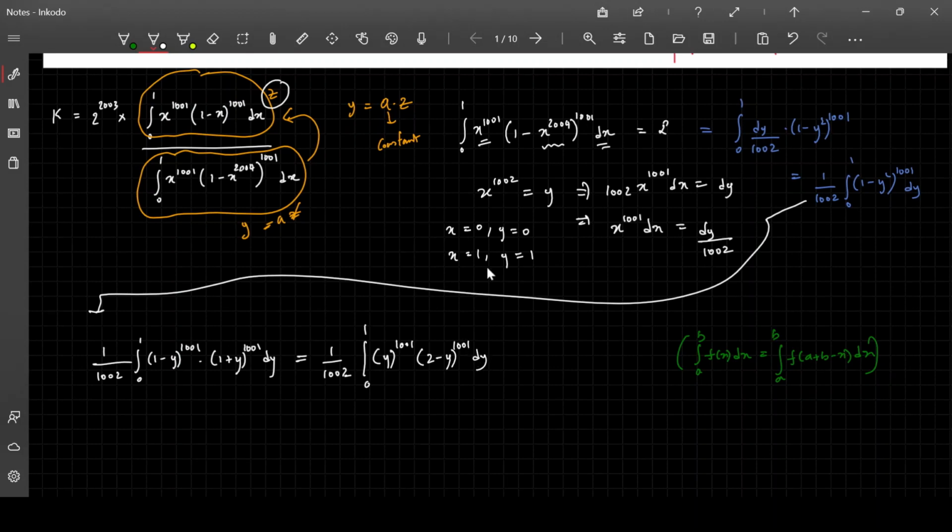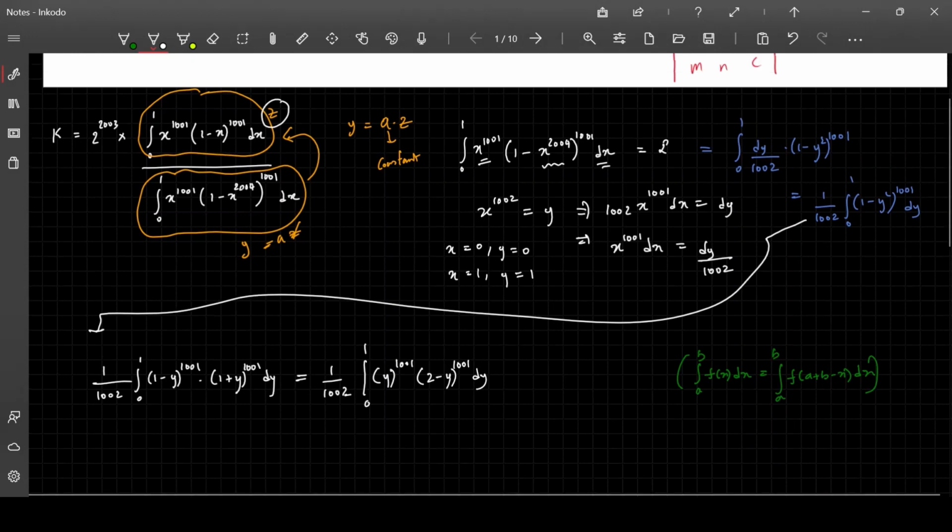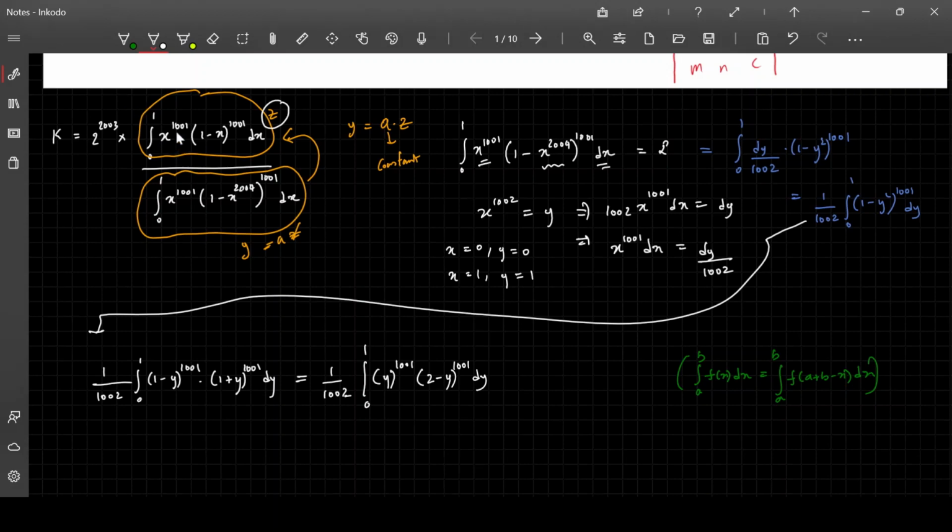Now we actually need to be careful in choosing the required substitution. Here we can see x power 1001 into (1 minus x) whole power 1001, but we have 2 here. If 2 were not there and 1 were there in place of 2, then we could directly use the change of variables concept and put y in place of x, and we can get this z itself directly, divided by 1002.